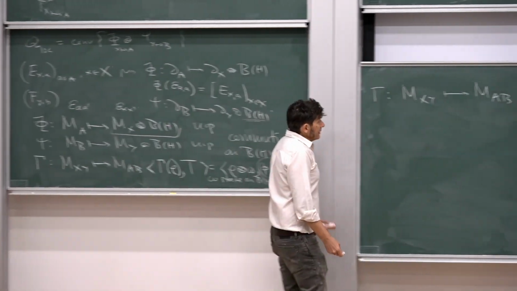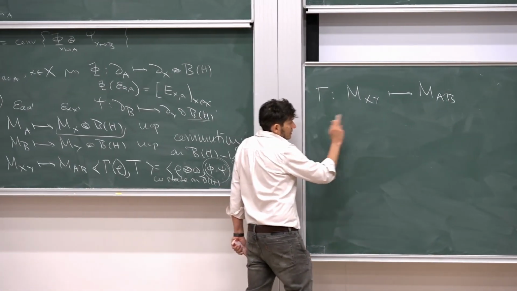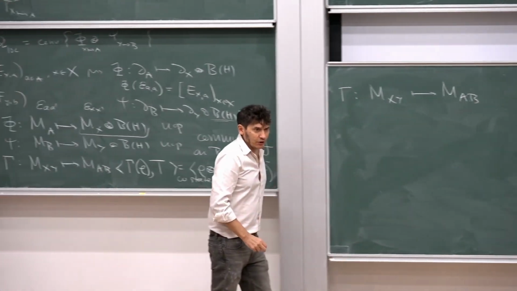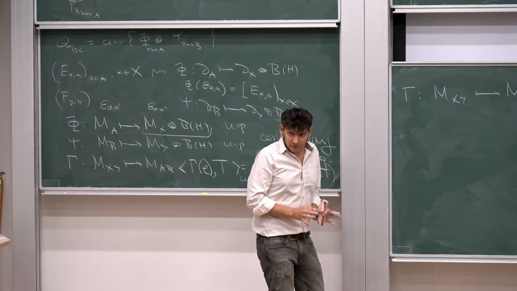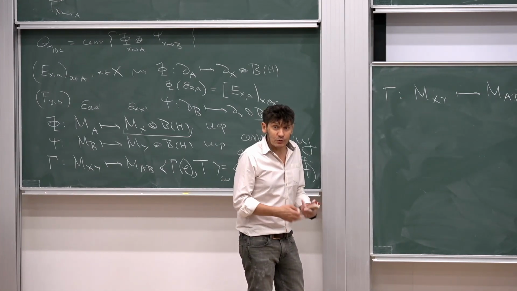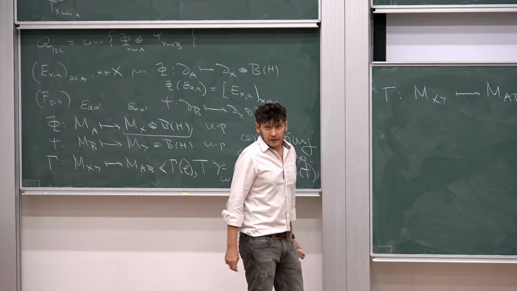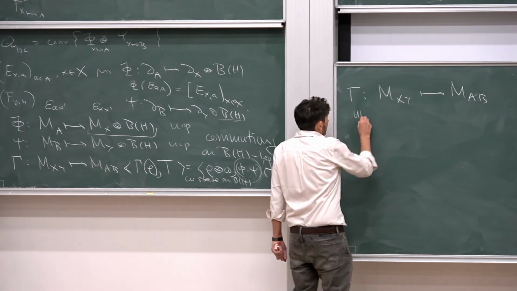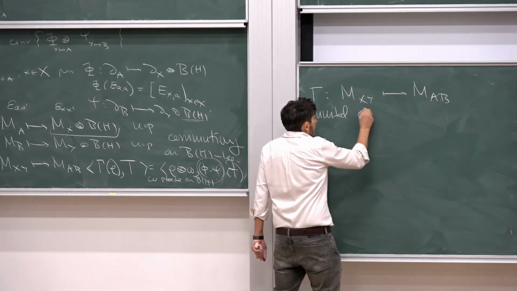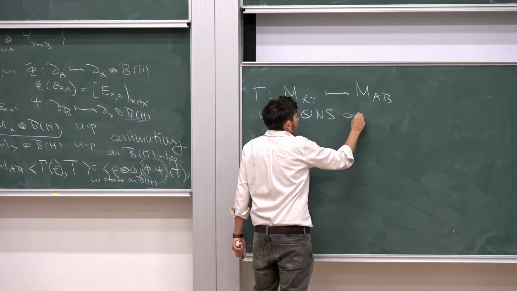So this means that your correlation, which is just a quantum channel, a no-signaling quantum channel, has to be, of course, trace preserving, as is required for a quantum channel, but you also want it to be unital, because when you take the dual, you want that to also be a quantum channel. So that's a unital QNS correlation.